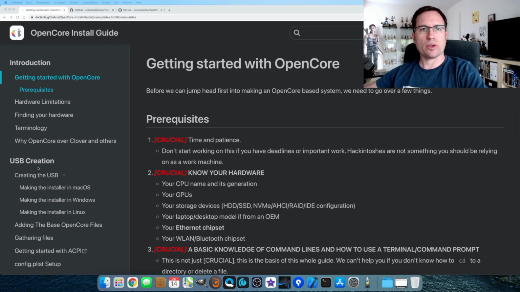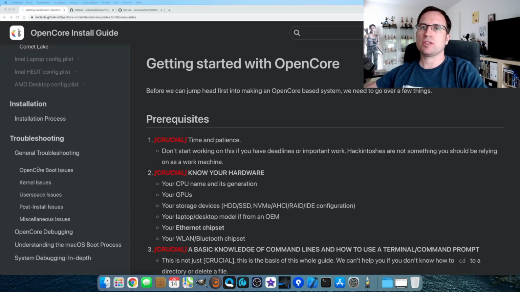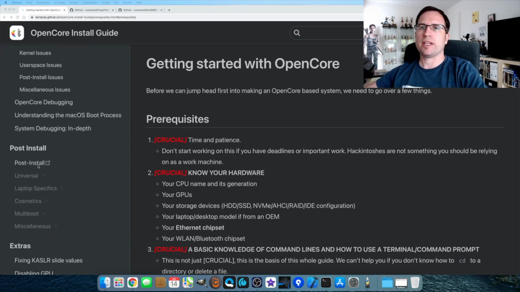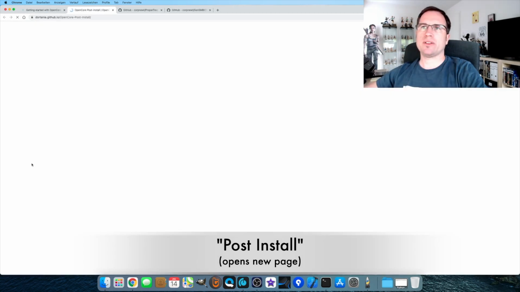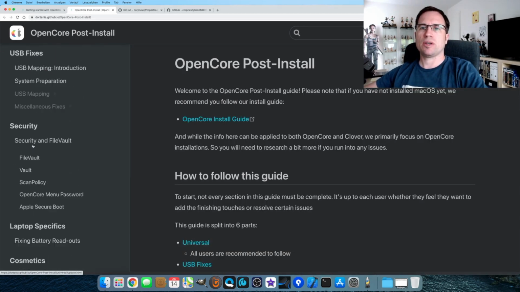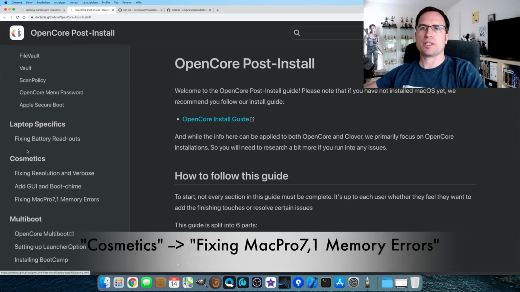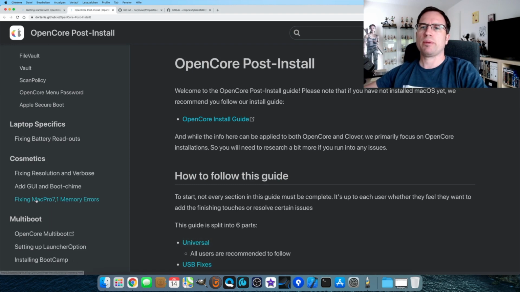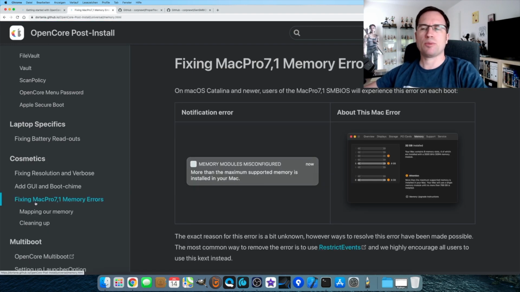And I'm just going to walk you through that procedure. It's not that complicated. We just scroll down here until you find post install. And if you click on that, it opens up a new page. And if you just scroll down here to the part cosmetics, and it's really just cosmetics, but it's annoying. There's one page, fixing Mac Pro 7.1 memory errors.